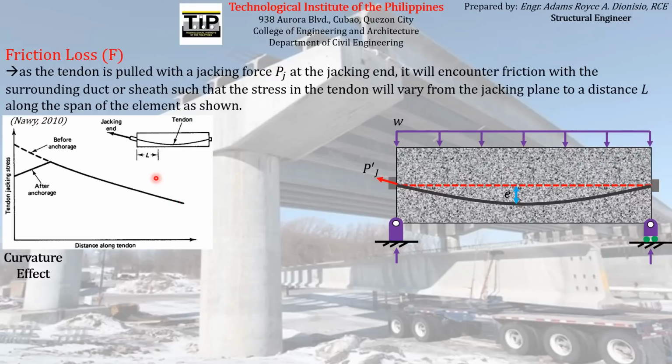So now, just to derive the formula for the curvature effect. At this particular point, if you are not a fan of derivations of formulas, you can actually skip this, because this is just the derivation of formulas for finding the frictional loss acting on the pre-stressing reinforcement. To demonstrate how we can derive the formula for accounting the curvature effect, which is the intended curvature on